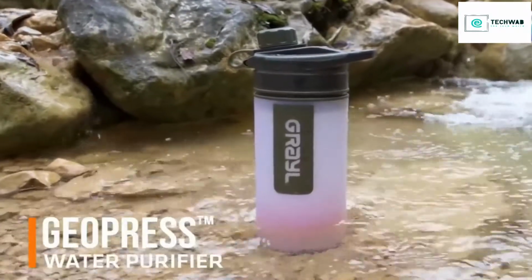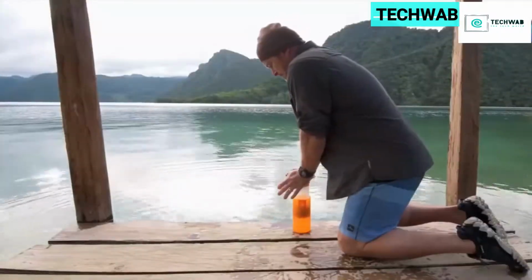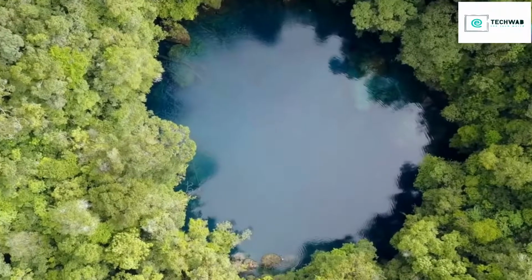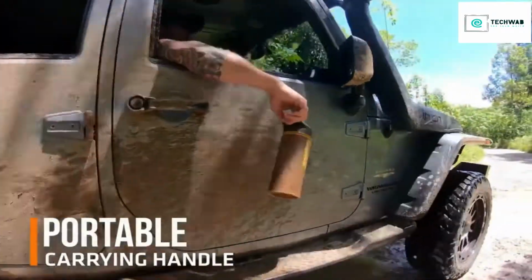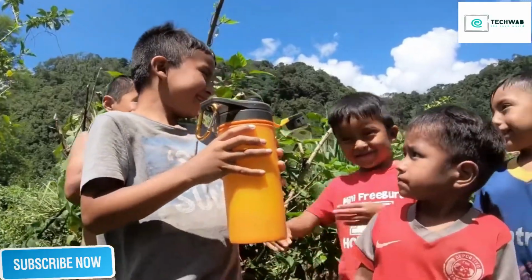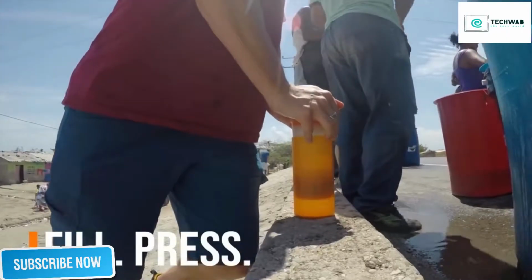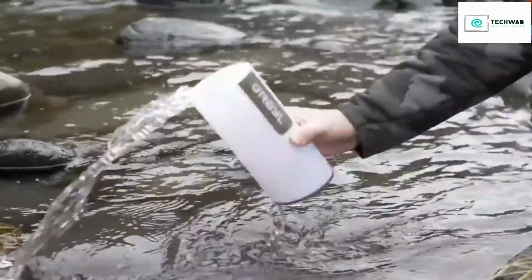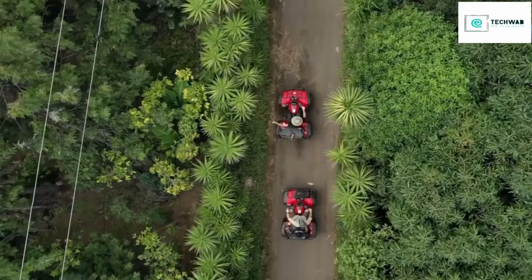Meet Geoprees, an astonishingly easy, supremely effective water purifier designed for adventure travel anywhere, worldwide. Geoprees is perfectly sized, extremely portable, compact, and the user experience, it's second to none. Simply fill, press, drink. Since our 2016 Kickstarter, Grail purifiers have hydrated over 100,000 adventures, won awards, and earned over